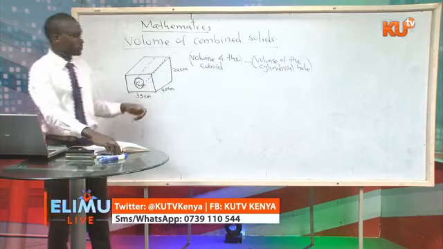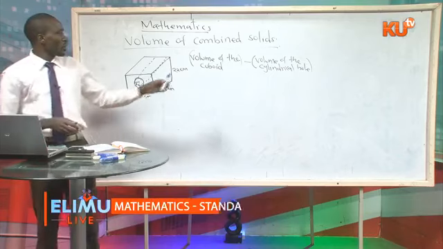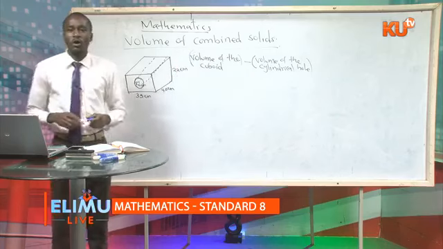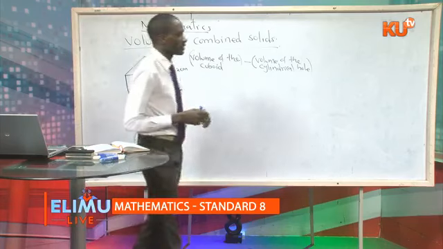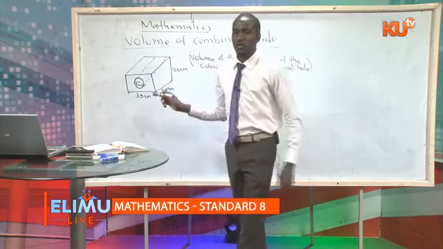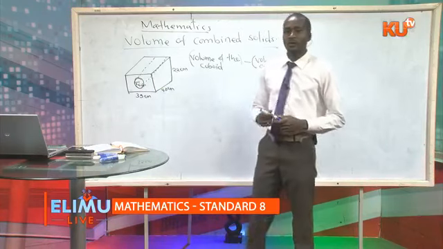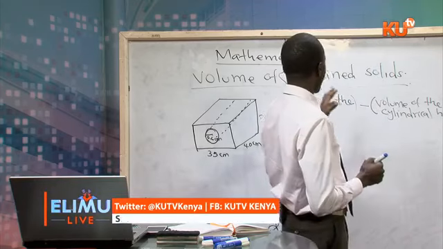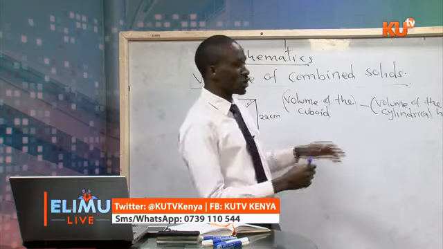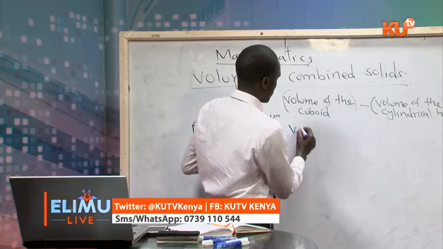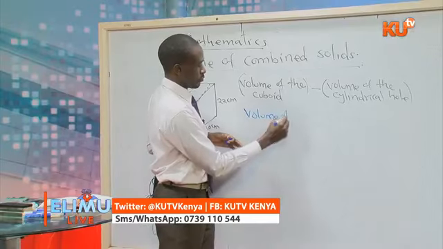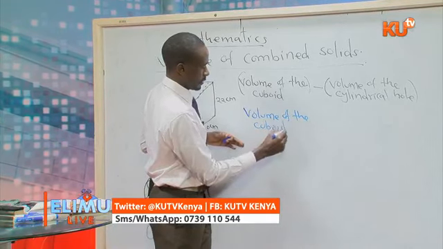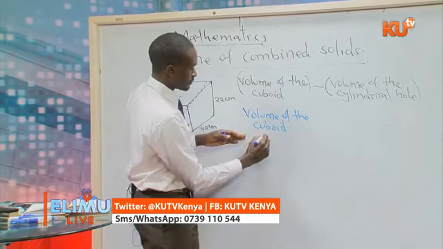Now, volume of the cuboid take away volume of the cylindrical hole gets us the volume left. Now, how do we get the volume of the cuboid? Volume of a cuboid is